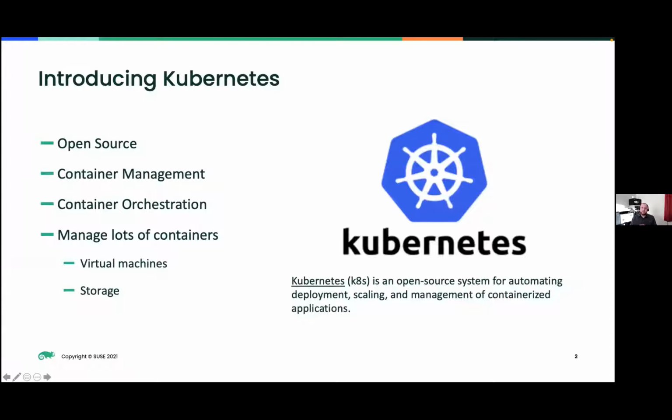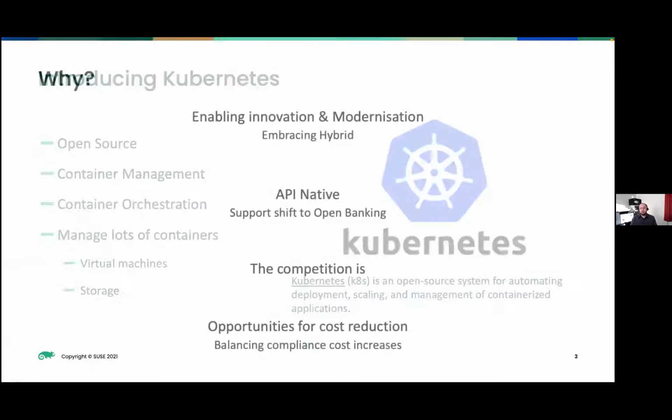And this is where Kubernetes comes in. Kubernetes allows us to automate and orchestrate all of those various components so that we can manage thousands, tens of thousands, if not millions of containers across multiple environments. And as time has gone on, more and more workloads are being brought into the Kubernetes management framework, such as virtual machines and storage appliances now as well, which can all be managed through that same Kubernetes orchestration engine.